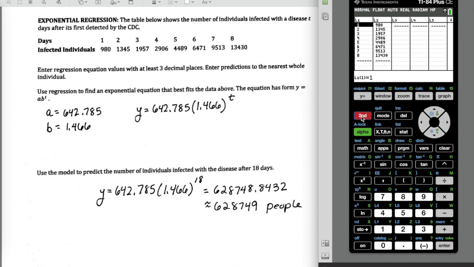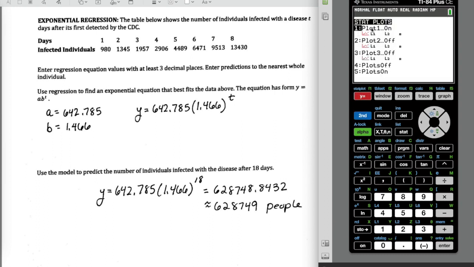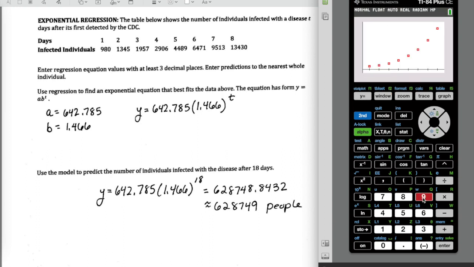you want to hit second y equals, and you want to make sure that your first plot is set up correctly. You want to make sure that it says on. You want to make sure that it's on scatter plot, and you also want to make sure that your x and your y list is L1 and L2. Once you do that, you can hit zoom and then option 9, and that way it will set up the